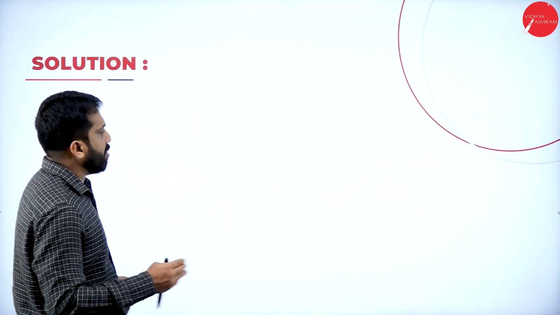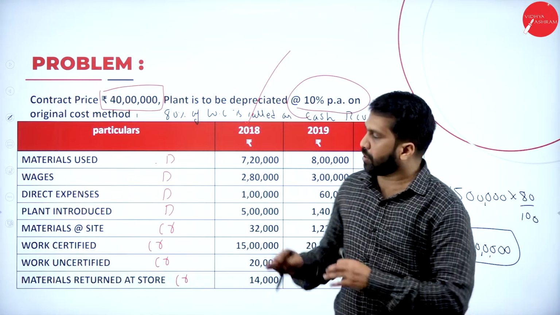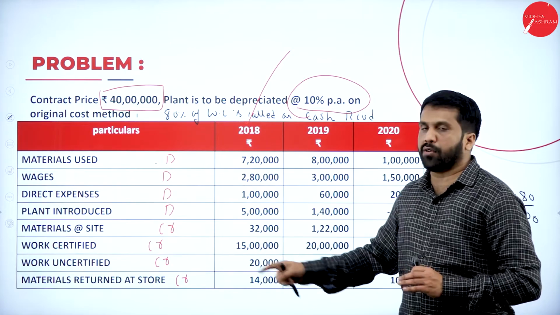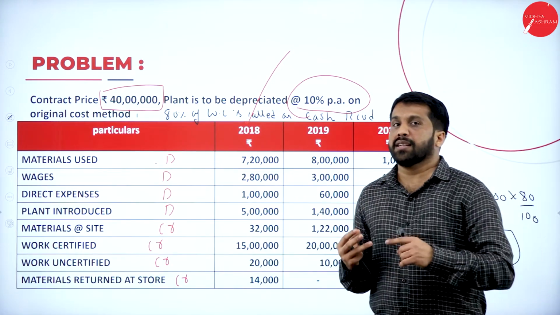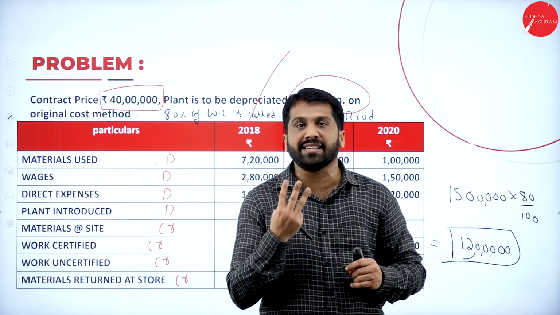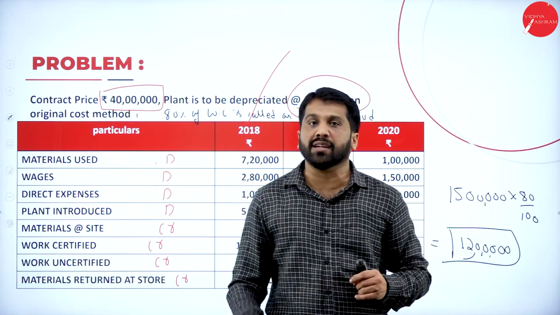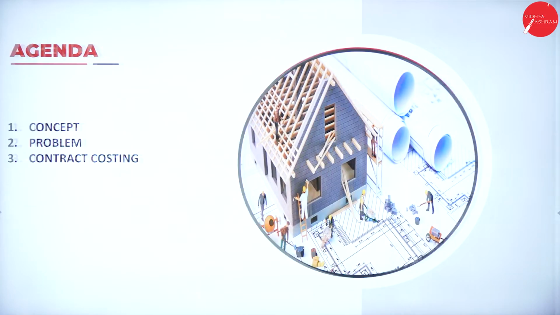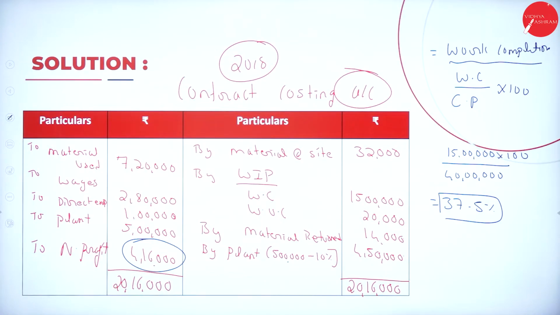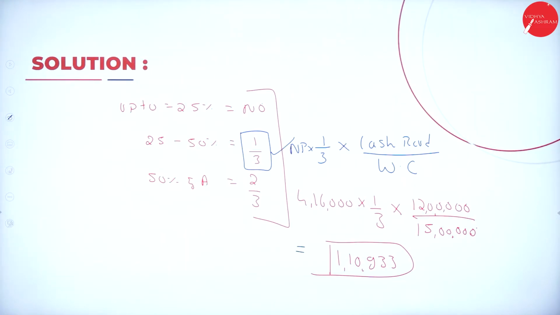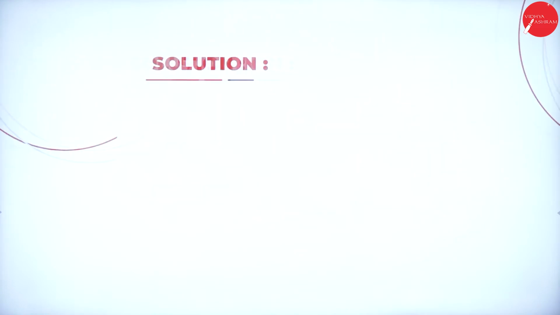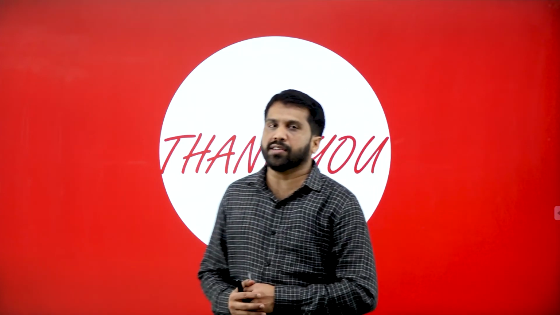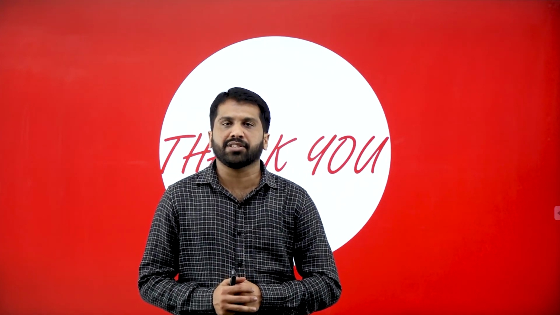Now, I'll go back to all these slides. My intention is not to complete the problem, only to explain what the calculation will be if there is notional profit. In the next session, we will go with a 3 year contract with all this calculation. That will be your complete problem for your examination. So this will be the question, your solution, and the calculation. So this is the final calculation. Hope you understood. This is all about today's session. Thank you.